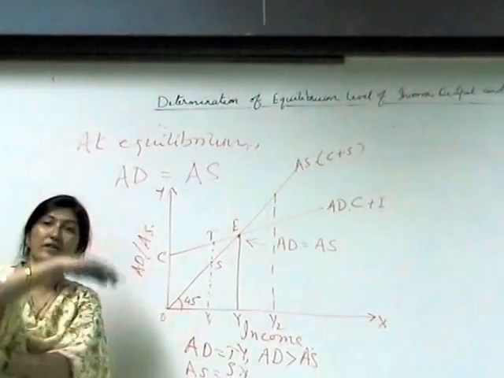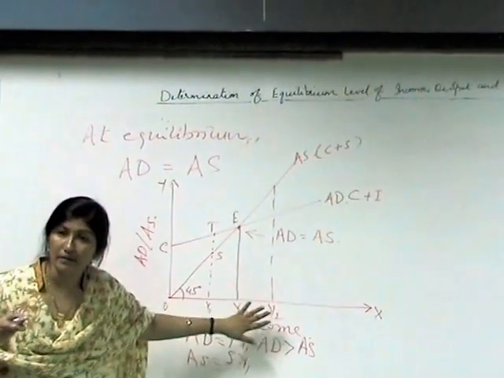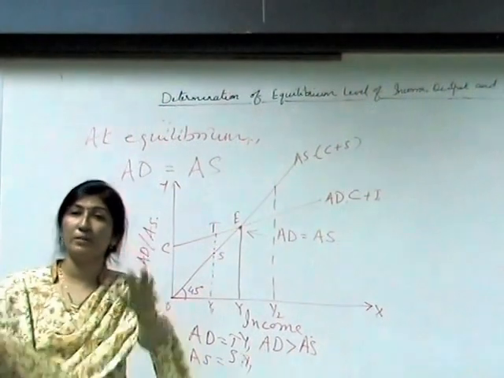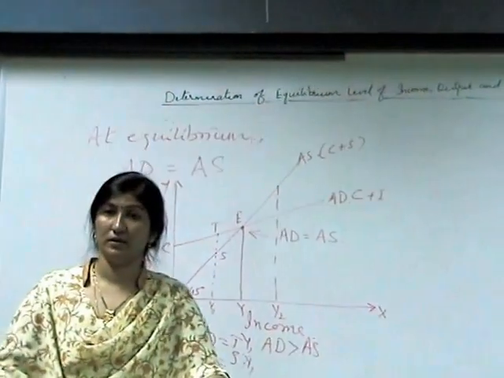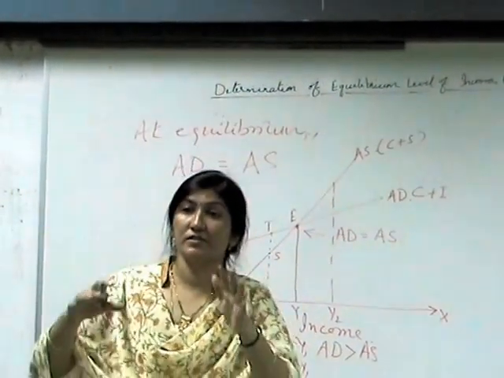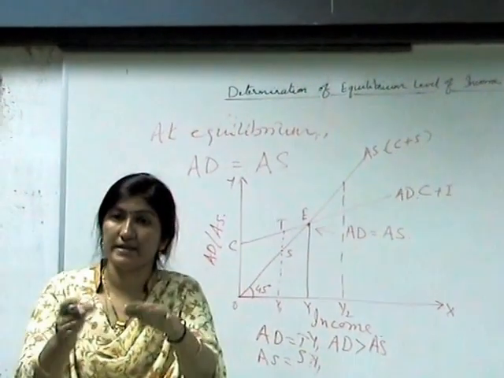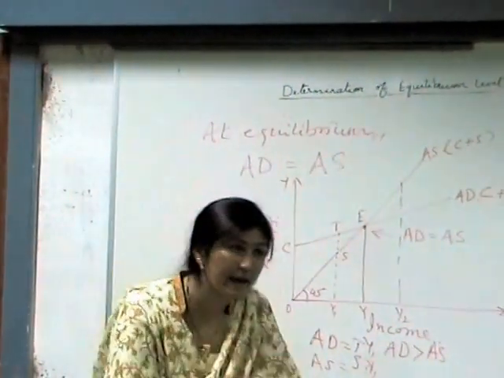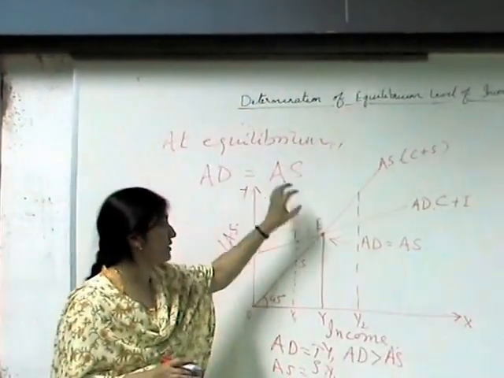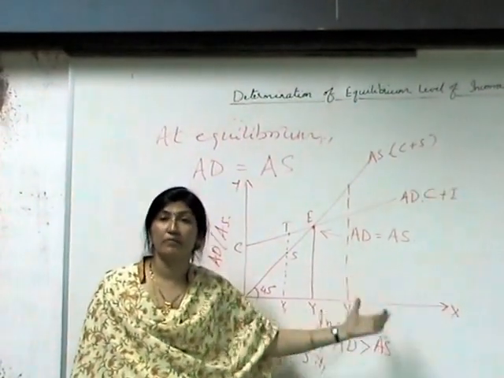Now the situations are reversed. How? Aggregate supply is more and demand is less. Means the things are there in the economy, that there are unsold stocks with the producer, the things are not being sold in the economy because there is no demand. So now what will happen? The producers will stop production for the time being, whatever is there will be brought in the market at a lower price. As a result the demand will come up and again both will meet at this same point, and that's why this E point, or the point where AD and AS are equal to each other, is treated as equilibrium level.